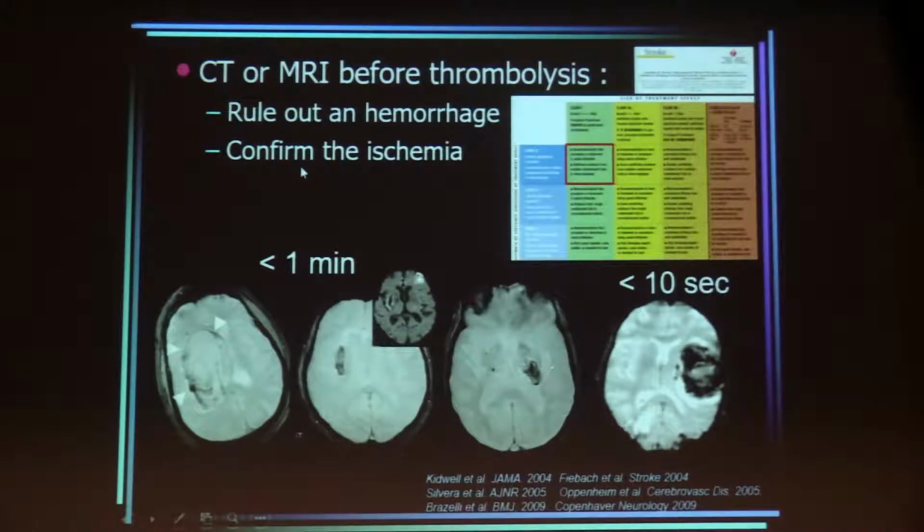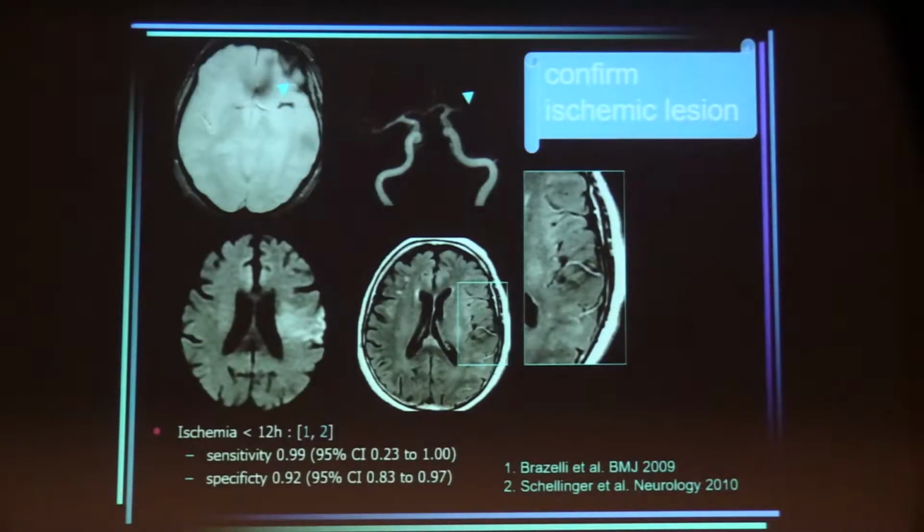We first have to confirm that the patient really does have an ischemia, and this is the typical semiology of pattern of an acute stroke, where you will see on diffusion-weighted imaging, as you all know, the bright lesion. You will also detect here the clot as a dark signal into the MCA. You will confirm the arterial occlusion, and you will also be able to detect this curvilinear bright signal on FLAIR that suggests that there is an occlusion upstream on the artery here on the MCA. So this is the typical semiology.